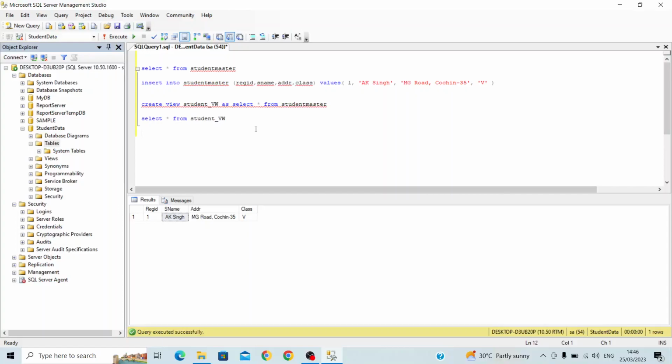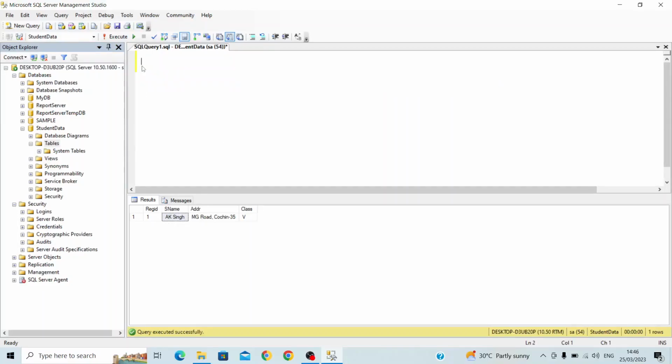Now the next one is we are going to create a stored procedure. For creating the stored procedure, I am deleting these things. For a stored procedure, the first command is create procedure. We need to write only the first 4 characters of the word procedure. Create procedure stu list, student list in